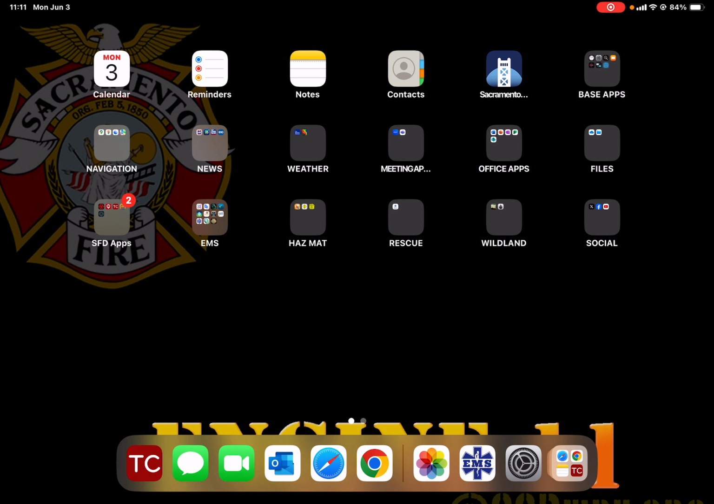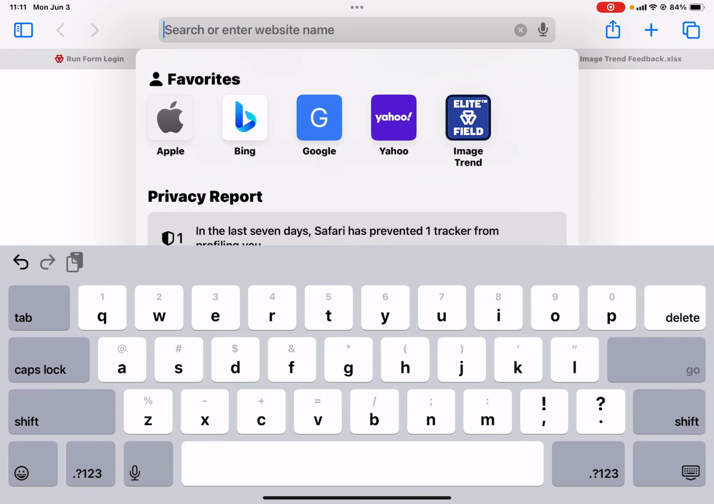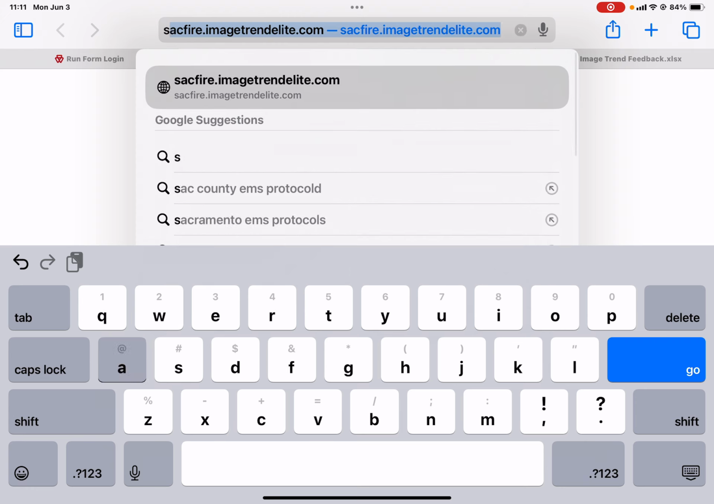So the first thing you're gonna have to do when you get to work is grab your tablet, and we're gonna have to add ImageTrend to your dashboard. The way we're gonna do this is you're gonna go to the web browser, and you're gonna type up in the top bar,